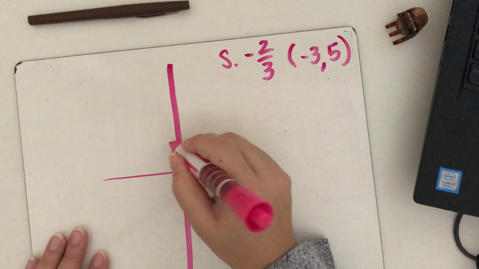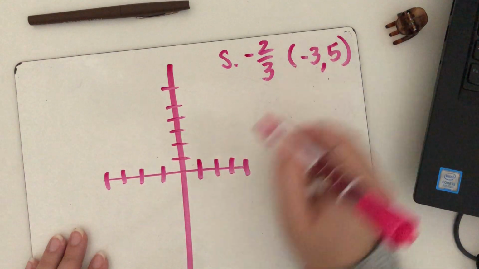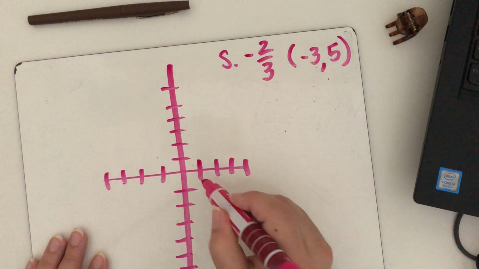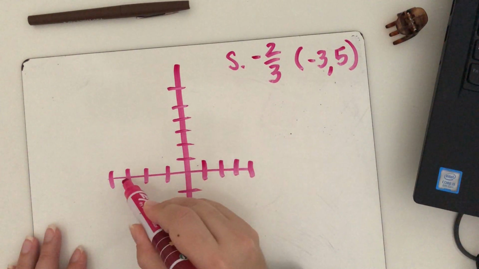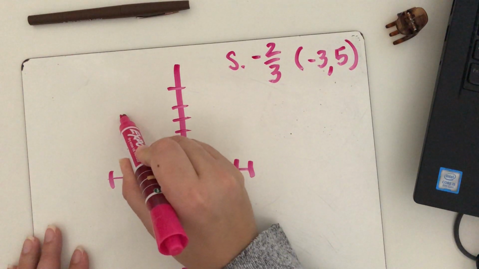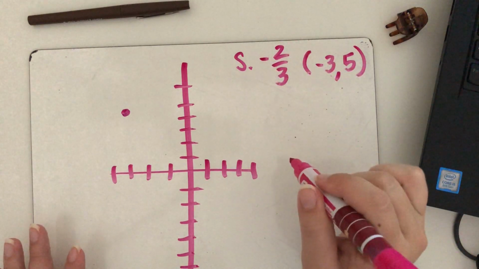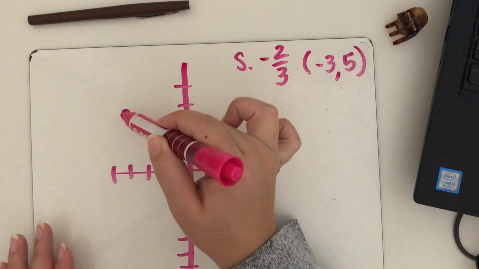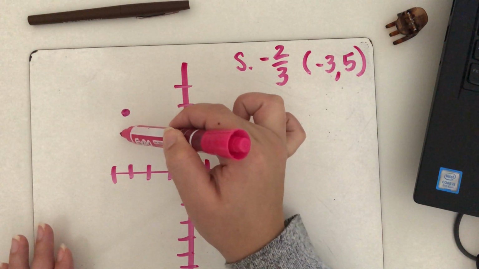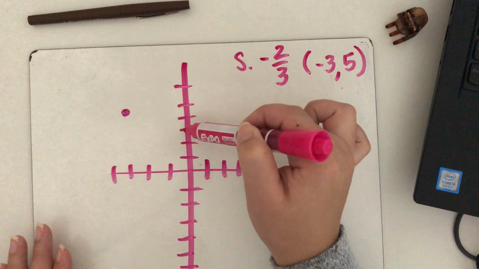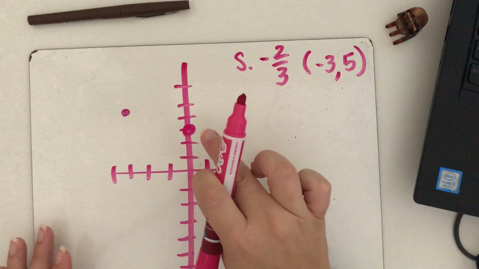Okay? So what I'm going to do is plot this point first, and then do the slope from there. Okay? So I have a negative 3, 5, so that's going to be around here. Now, my slope is negative 2/3, which means I'm going to rise a negative 2, which means I'm going to go down 2, and then I'm going to run 1, 2, and 3. So that's actually going to give me the point right there in the middle,